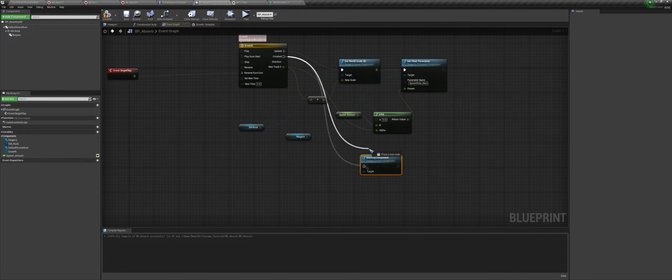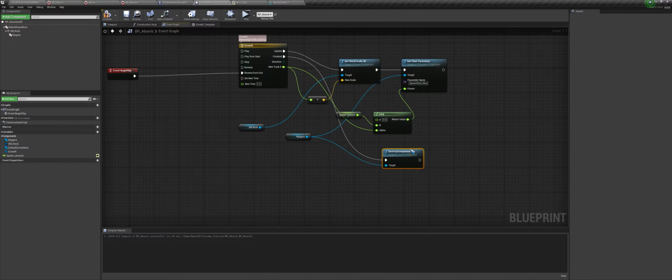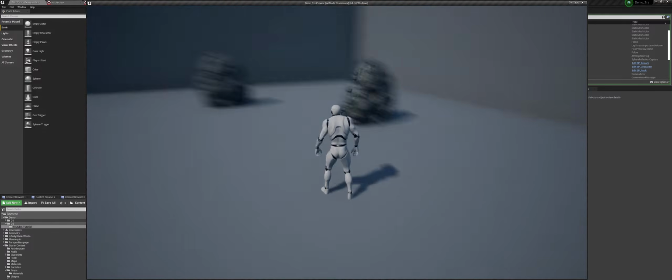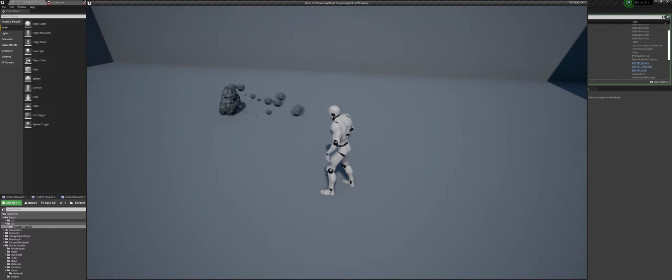So after it is finished, we no longer need it. We can also destroy the entire actor if you don't need the entire BP absorption blueprint. After it is done absorbing, you can destroy it entirely. So now if I press play, it gets absorbed like this, and it will go like that.